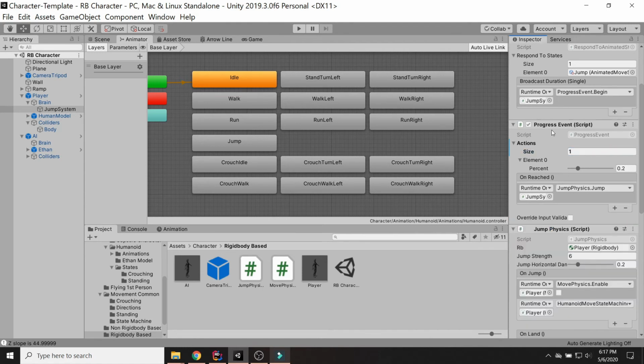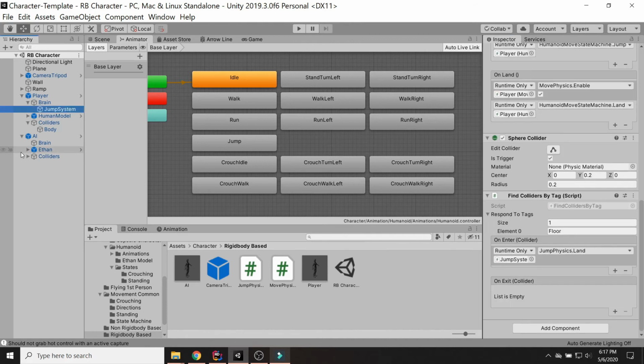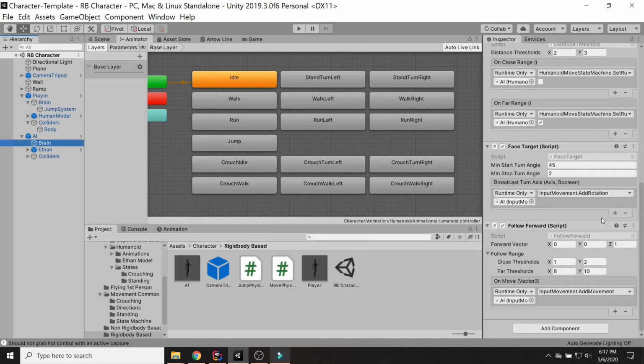Progress event actually doesn't even have to be tied to an animation. Just anything that happens over a duration of time, you can call these Unity events at any point within it. The vision on the AI